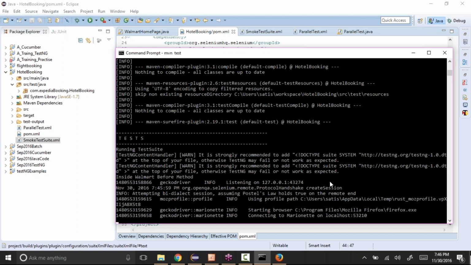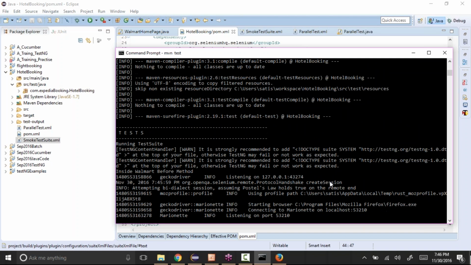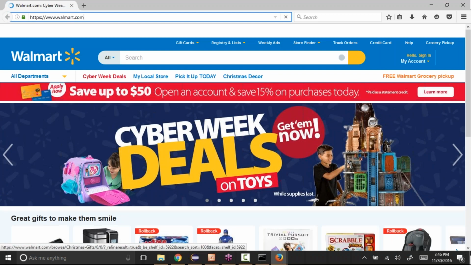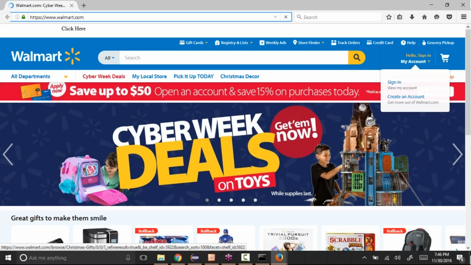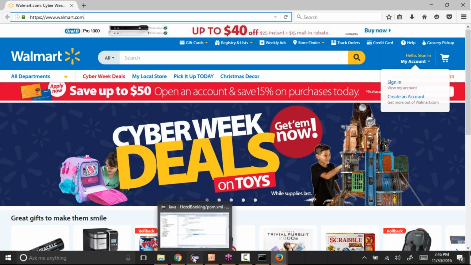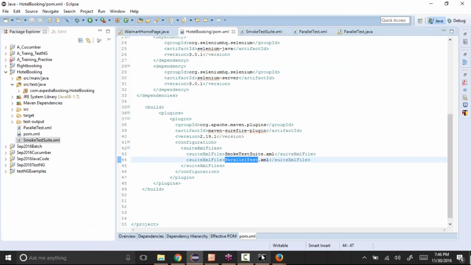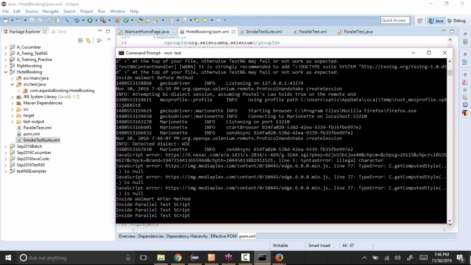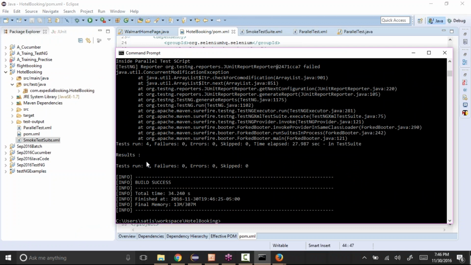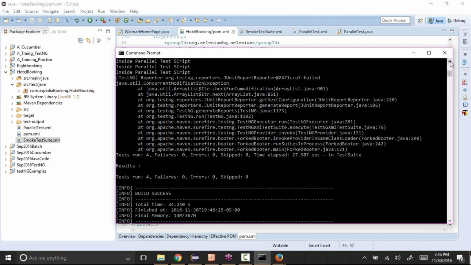See, inside the Walmart method, the first test. Next is inside, after Walmart, and you have, it is executing others also.